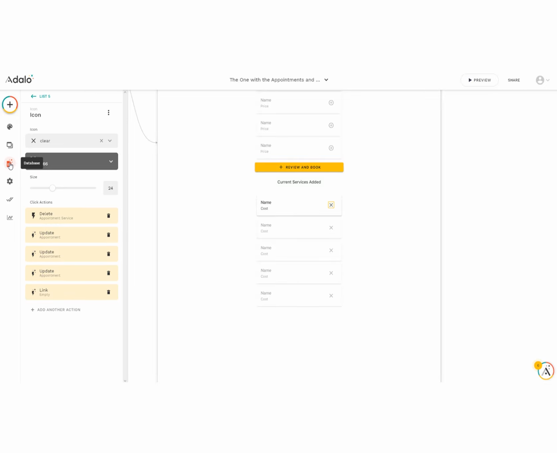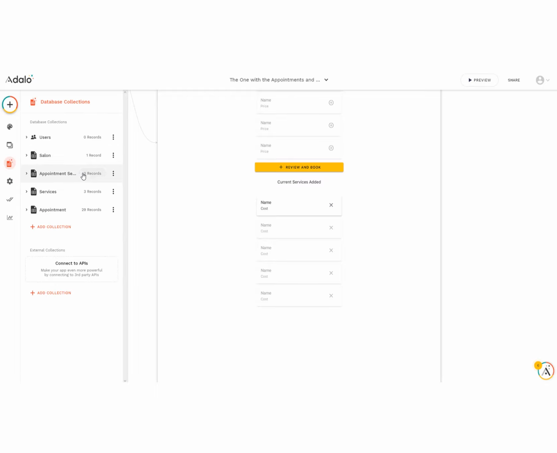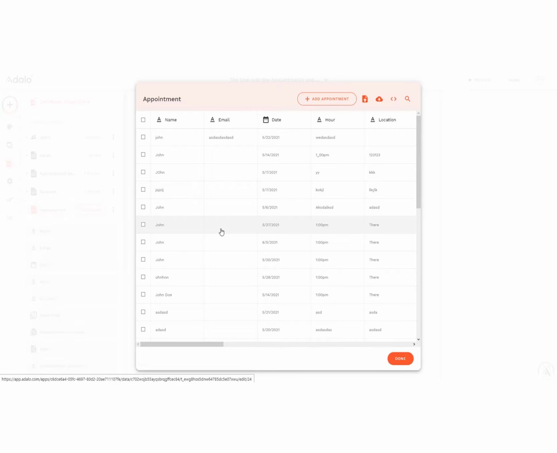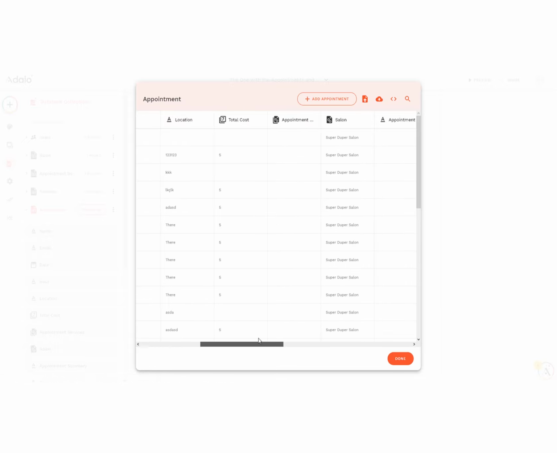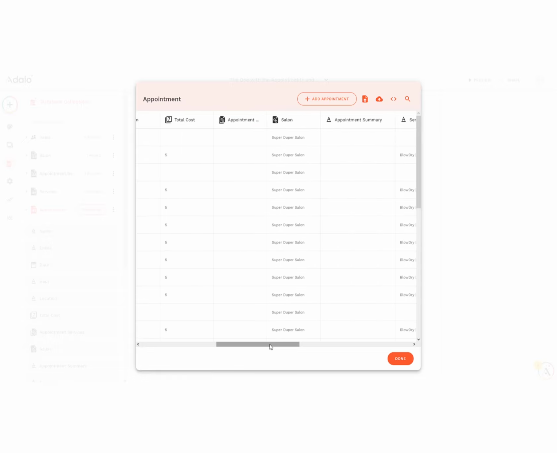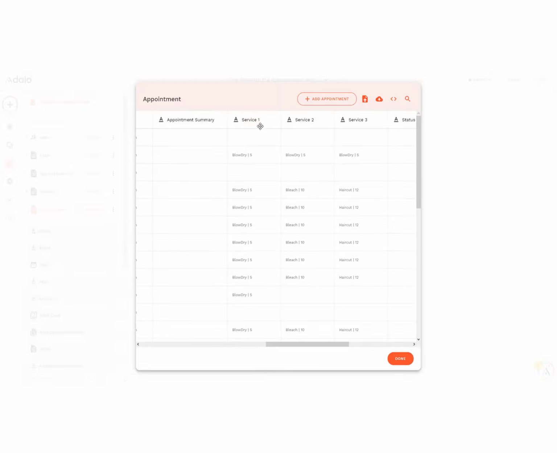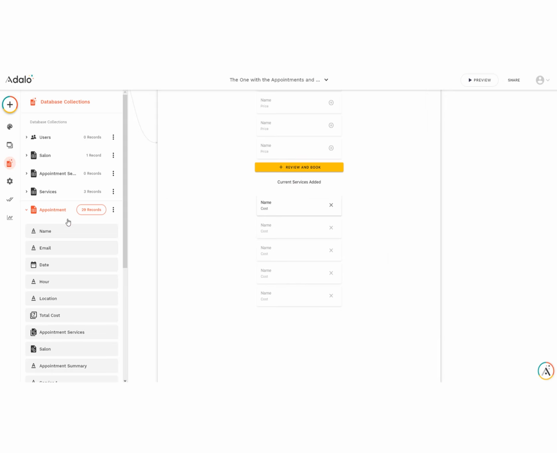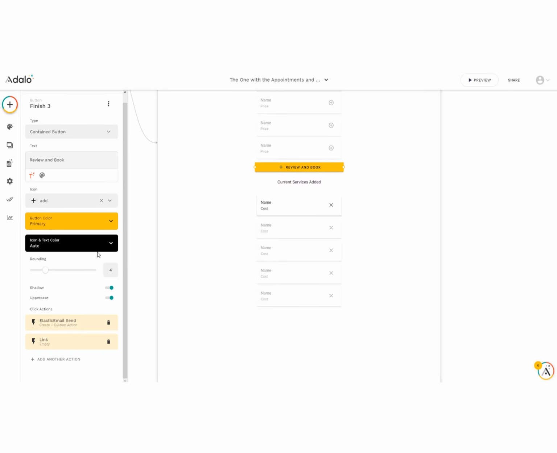So if we then take a look into the database, let me see if I have an appointment here. So this would be the appointments. And as we can see here on the top, I have the salon. I have service 1, service 2, service 3. And as we can see, they are here, all three. And when I go here to the submit,